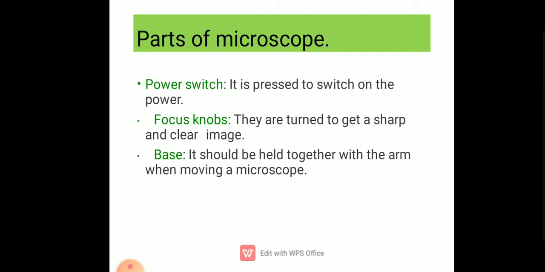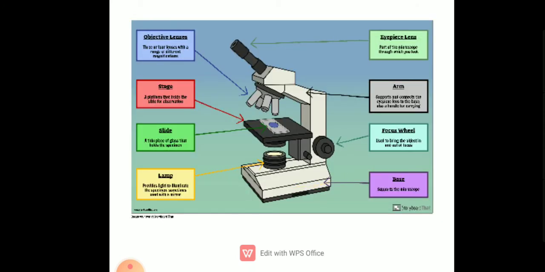When we are moving a microscope, both should be held so that the microscope can be carried from one place to another. Next, you can see a picture of a microscope over here, right? It has an eyepiece. Then there is the arm, and then you can see the focus knob, and then the base. Over here, lamp and light source are the same. Then a slide: a rectangular piece of glass is known as a slide, on which the specimen is put to be observed. Then the next is the stage, a place where you put the specimen slide, and the objective lens, which is used to magnify the object.